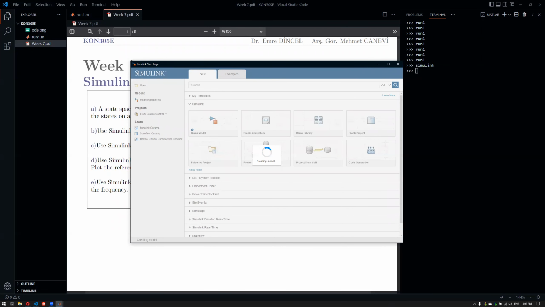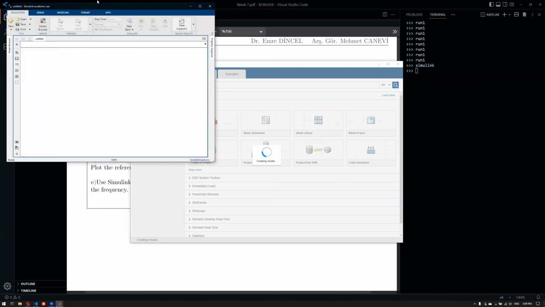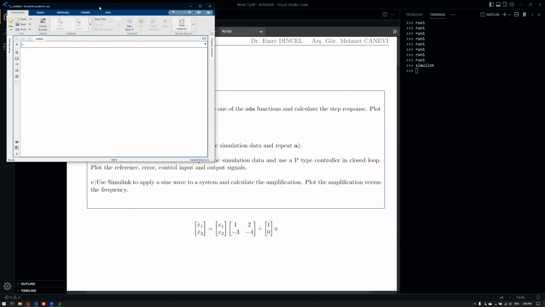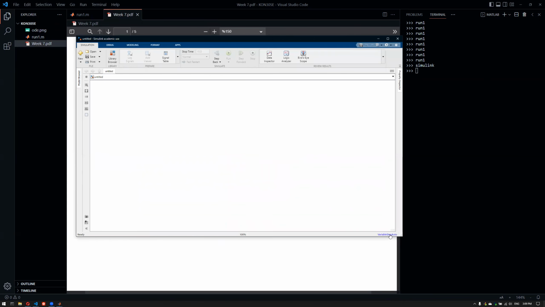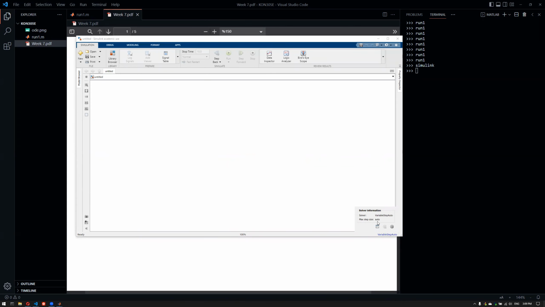Another fact that I don't really like about Simulink is that it is fairly slow. It depends on the version of MATLAB and Simulink and your computer specifications. When you're running Simulink, you need a quite powerful computer for that. So yeah. Now this was the solver that I was talking about, and you can see it is just a